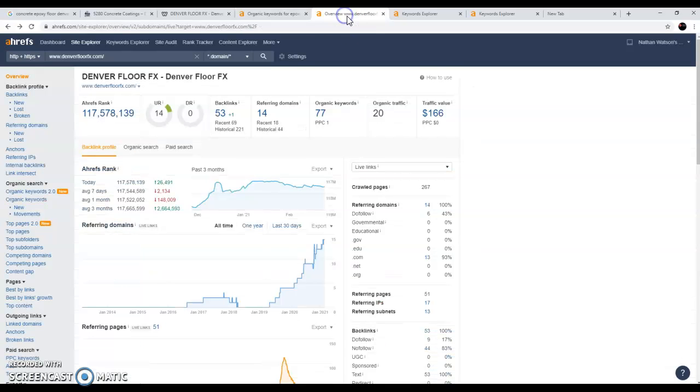You do have pretty decent traffic here. It's actually saying that you get 20 organic traffic a month. So you're getting 20 people to click on your website at the very least. And usually that's about a 10% success rate with jobs. Generally speaking, you get about 10% of the organic traffic that you're bringing into your website. Now, the thing to note here is your domain authority, or domain rating. Sorry, it's a big fat zero, and that's because Google doesn't like something about the backlinks that you're supplying for your website.